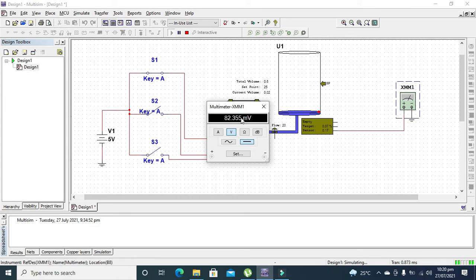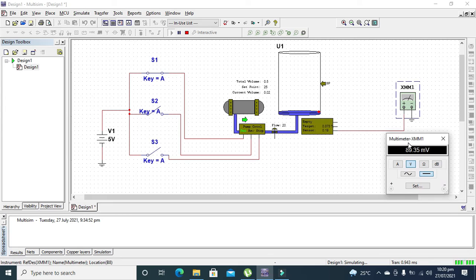We also need to see the voltages on the multimeter, because the sensor is giving us indications that our tank is filling up. So we got around 20% of the tank filled up. Now it will take a bit of time. Now we will do one thing: we will stop it. Now you can see that we have stopped it.